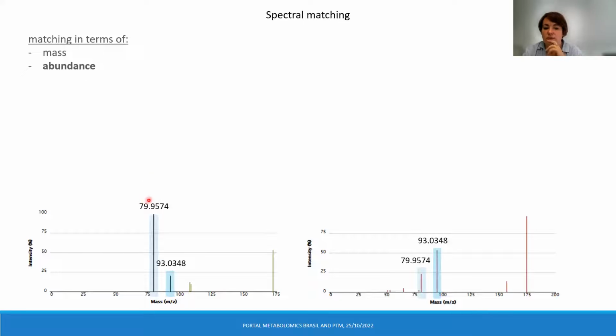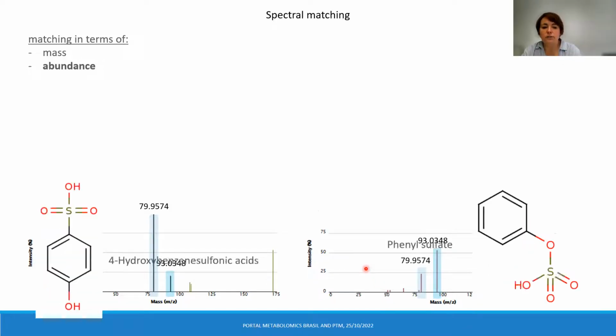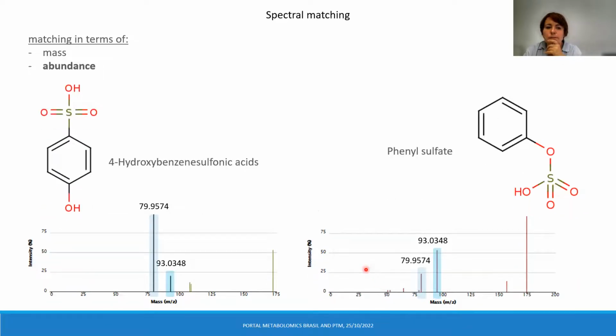But here I have an example where the spectra contain the same two dominating fragments. In both cases, we have 79.9 and 93.3. I do not refer to other lower abundance signals, because very often in complex biological samples, we are missing them, or they are mixed with noise. And this is an example of two molecules which have the same fragmentation pattern, but depending on the proportion between the different fragments, they will correspond to two completely different molecules with very different properties.